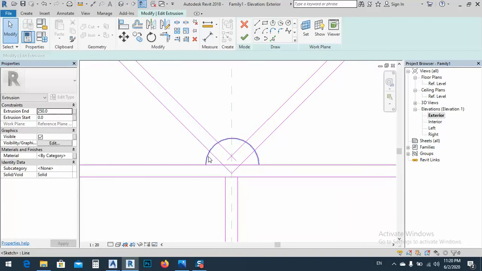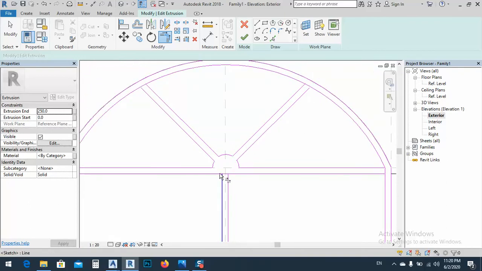So now what we have, SL for split, and trim and extend. Sorry, cancel. First of all I have to split this line, so SL for splitting this line, again trim and extend, trim and extend, trim and extend, trim, extend, trim, extend. It's just like this, but there's a remaining one inside